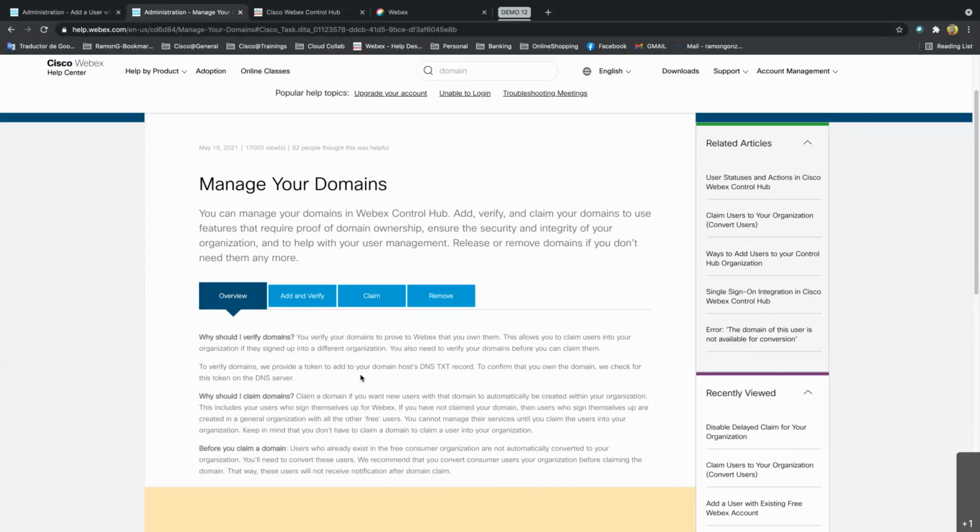That process is done automatically, so there are no manual steps. With verification, by contrast, you have to claim those users and send them a new invite, and they have to decide what to do with their own account. But when you claim the domain, as soon as they agree, they will be onboarded